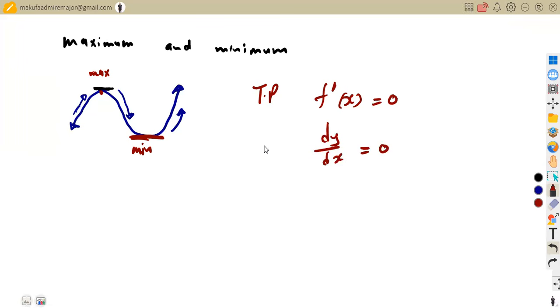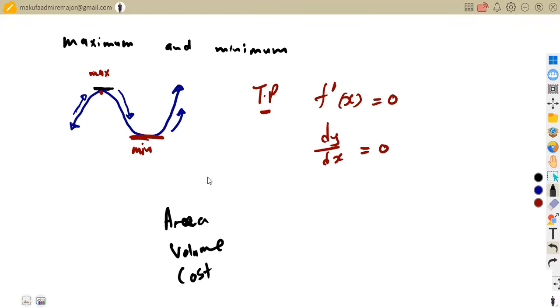This same application is the one that you're going to use, because at the turning points we are talking about being maximum or minimum. So whatever you say is maximum or minimum, whether we are talking about area, volume, or cost, whatever expression that you're going to have,